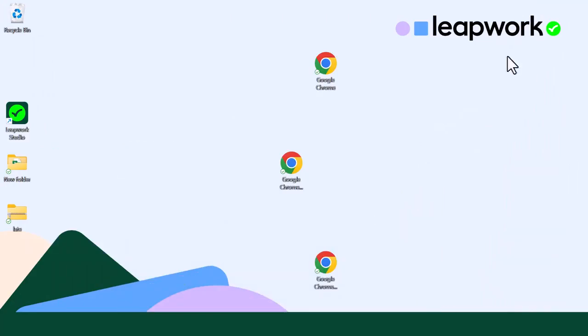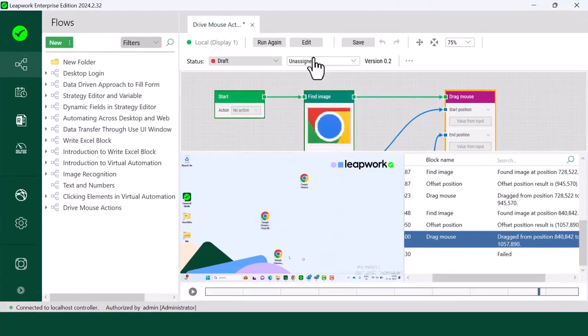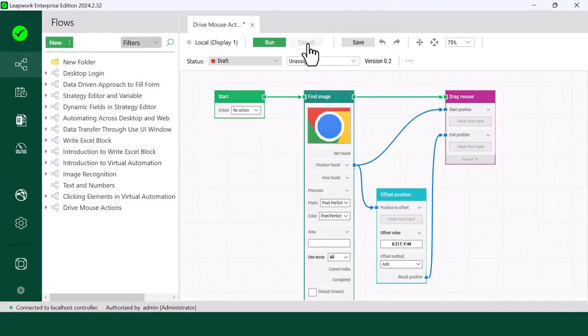Now, as per the scenario, the next step is to move these images to recycle bin. That means now the target position to drag images to is the recycle bin. That simply means that now the end position will be recycle bin. Let's edit the flow. Remove this offset block